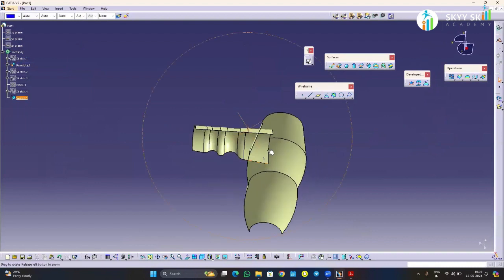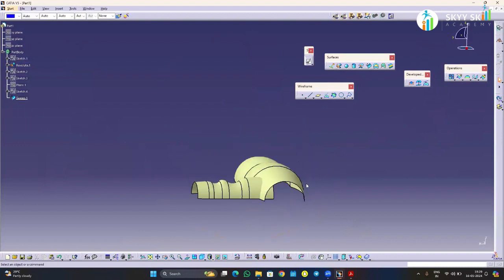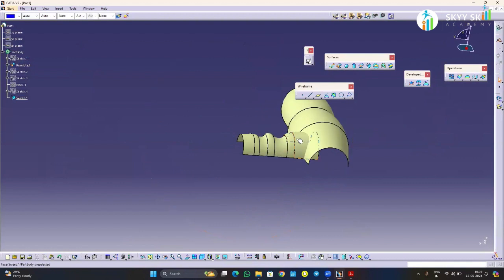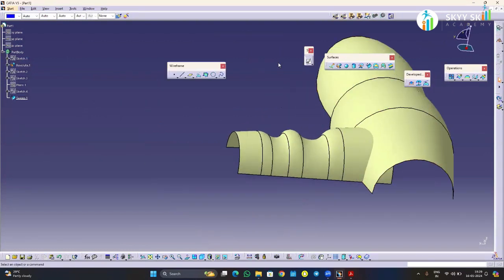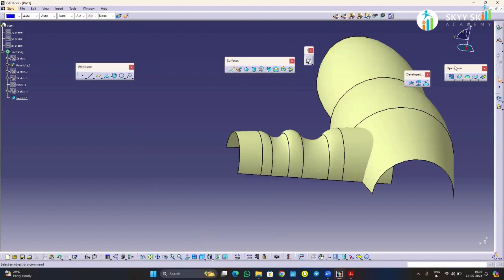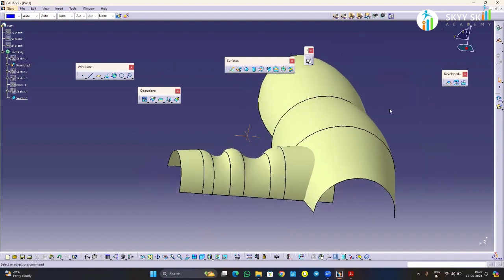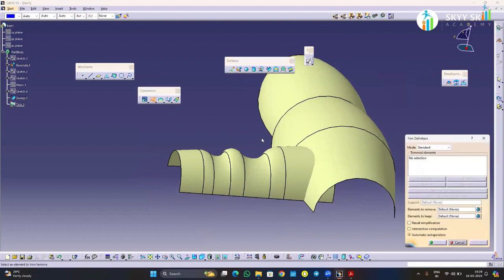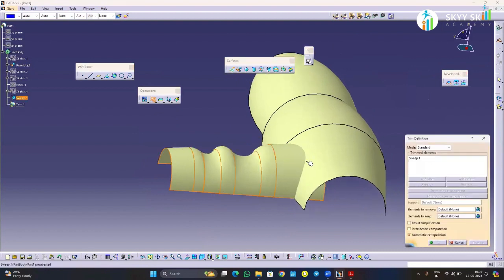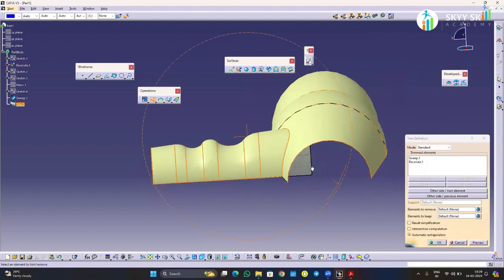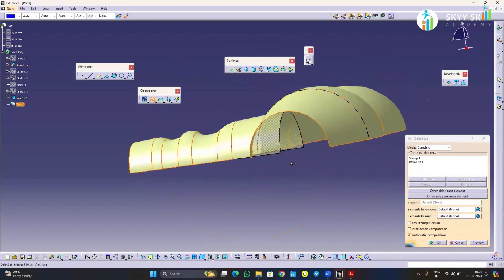Okay. See, now it has gone through the surface. This surface has generated into this surface. So for that, we can trim that surface actually. Okay. So here you will be having the trim command. So by using the trim command, just select the surfaces which you want to trim, and here you can